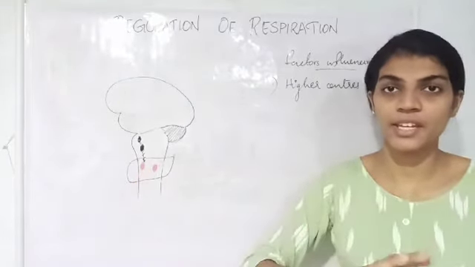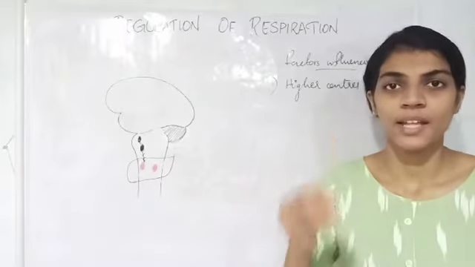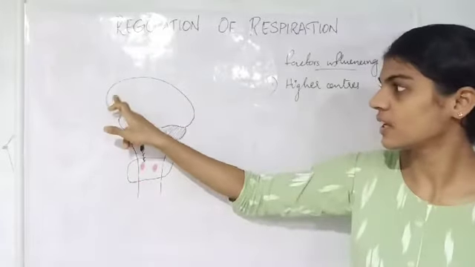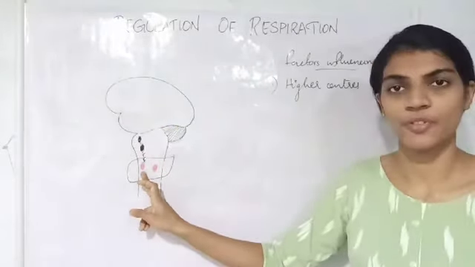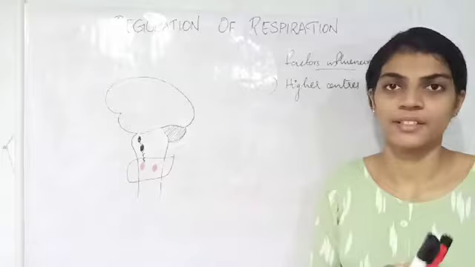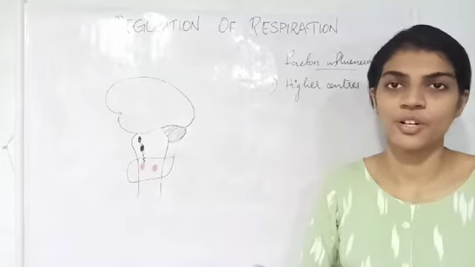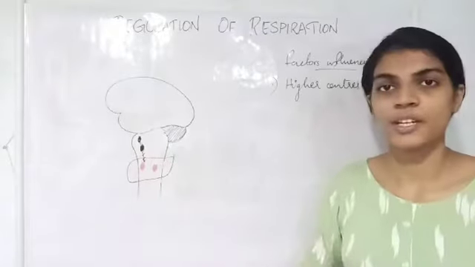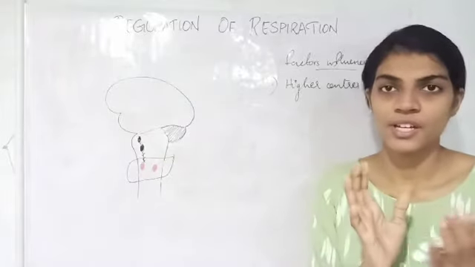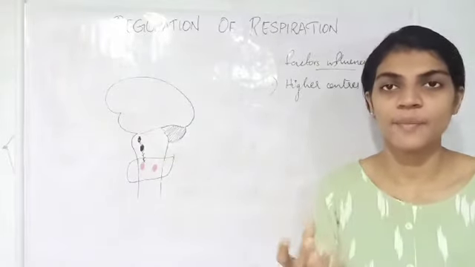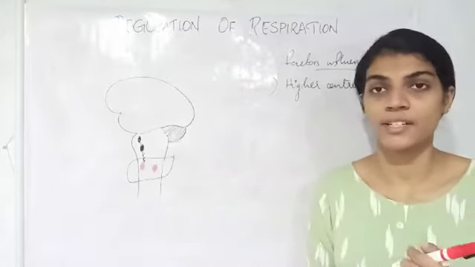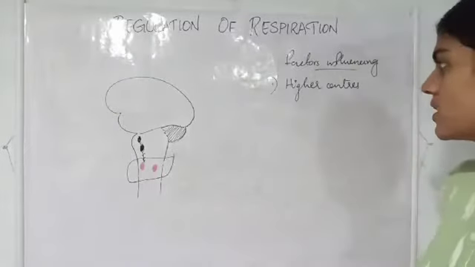If there is a need of hyperventilation, what happens? The stimulatory signals come directly from the cerebral cortex region to the dorsal respiratory group of neurons. It enhances. So what happens? The inspiration will be lengthier. Inspiration will be more powerful. And also this apneustic center can also be stimulated by means of these higher centers. So this higher center has a role in enhancing or decreasing the respiratory activity, like cerebral cortex. Next one is